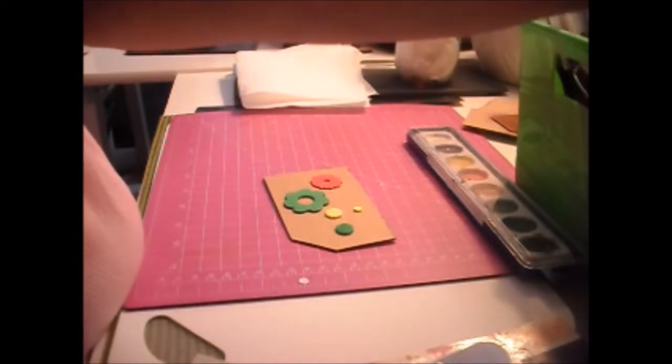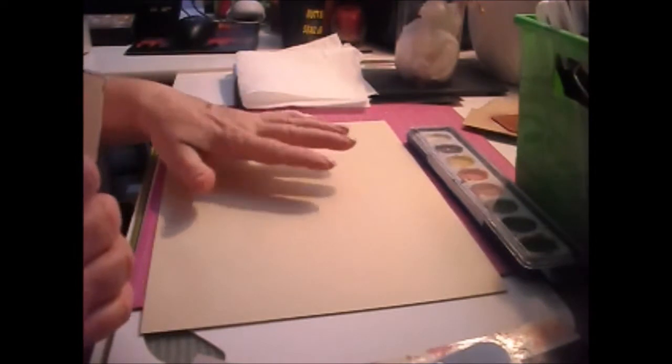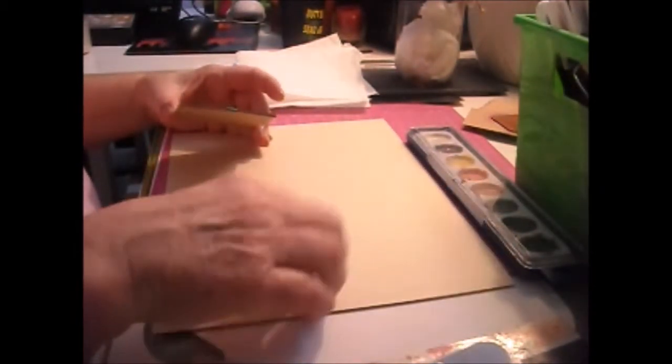And I'll grab this. I just grabbed a couple of sheets. I should have grabbed white, but this is beige. This should be okay. It's one of my good cardstock. I shouldn't have used that, but as you can see, I had these serving cups that